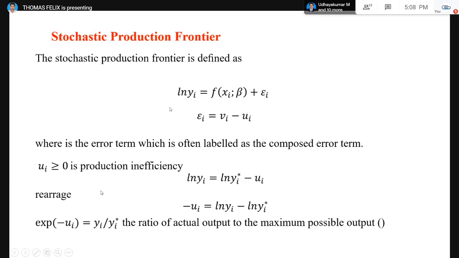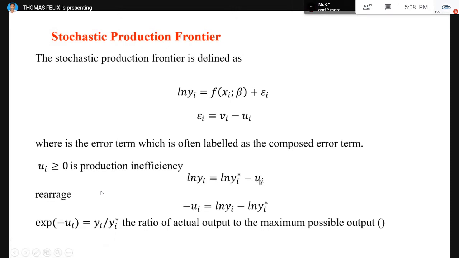So these are the basic assumptions of the stochastic production function. As I said earlier, now I am assuming there is no random error in this model. y is nothing but yield of paddy. ln of ya star is the maximum yield, that is the predicted yield. So ln of y is equal to predicted yield minus UA. UA is the inefficiency error. So I am assuming that there is no double-sided error or no random error, only the presence of inefficiency error.